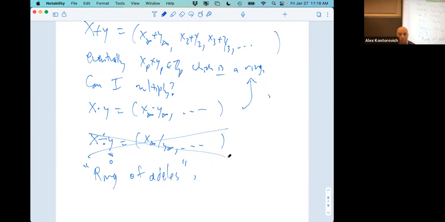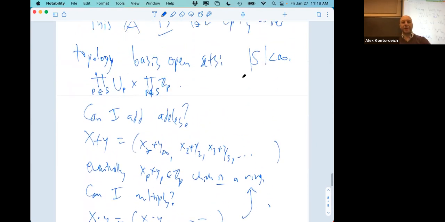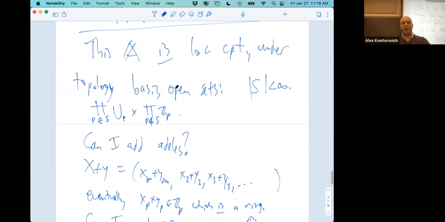Did you say this was locally compact? It is locally compact, yes, with this topology. So I have to give you the topology. Here's the topology. I'll let you check that it's locally compact, but it's not hard. Component-wise isn't enough, because the direct product is also component-wise. Is this the same topology that the norm is going to give? On each component, you mean?